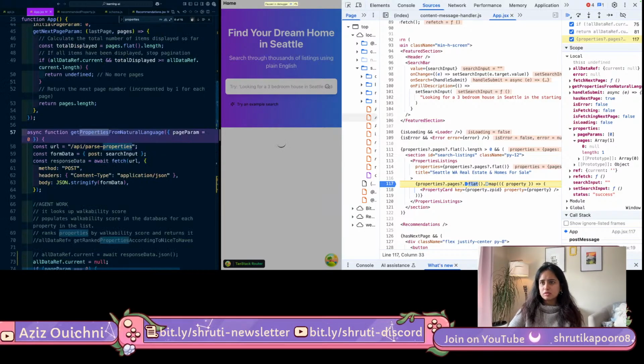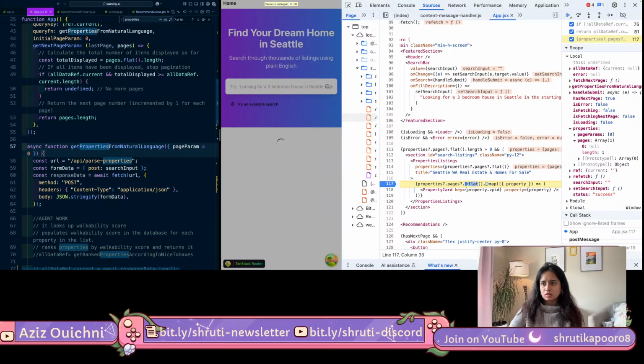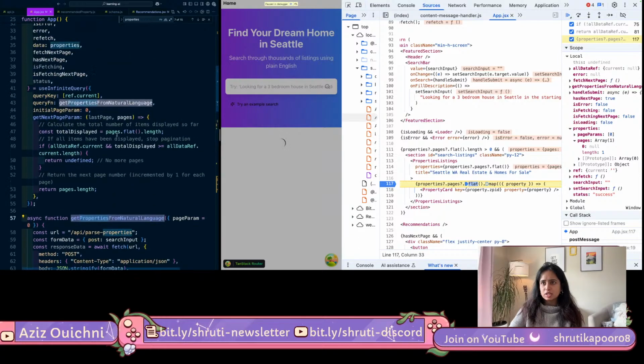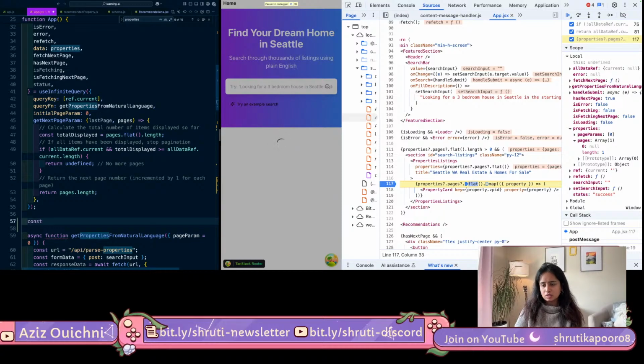Let's clean this up because I don't like having this flat everywhere. So we get properties from natural language, and then I think in the query function we've got this pages, and what I want to do is basically const